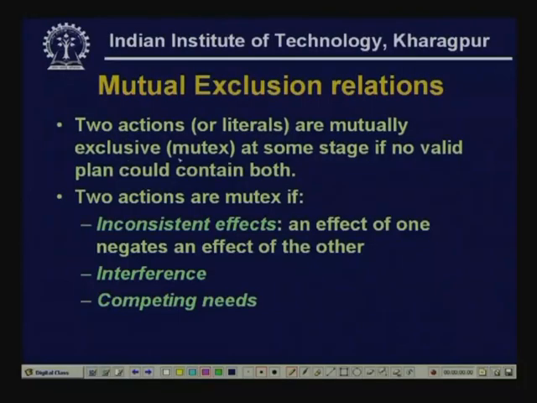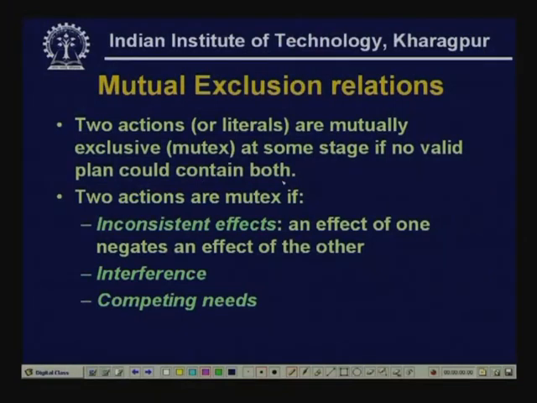Now, two actions are mutex at some stage if no valid plan could contain both. So, if at a stage we find that both the actions cannot be together present in a valid plan, we say that those two actions are mutex. Similarly, at a particular level, if we find that two propositions cannot occur in a valid plan, we will call them mutex. So, now what we will do is, we will look at certain conditions under which we can label two actions as mutex, and then we will also find conditions under which we can label two propositions